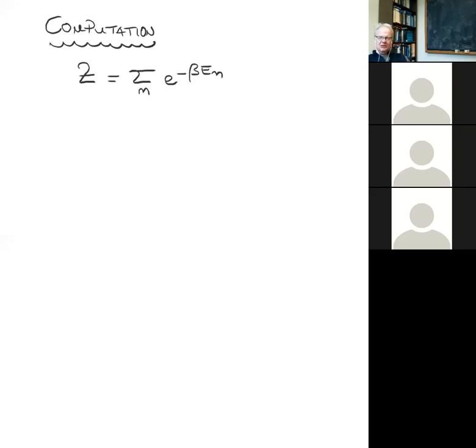But for a real system where the particles actually do interact, there really is no good way to compute this sum. You would somehow have to diagonalize some enormously large Hamiltonian for many, many particles, compute all these energy eigenstates, and then somehow sum them up. Even for very simple systems, there's really no practical way of doing that. So solving the Schrödinger equation for anything that has more than n particles is practically impossible.